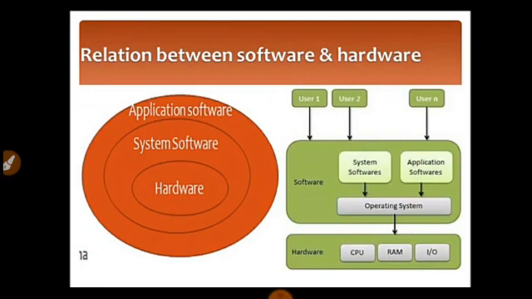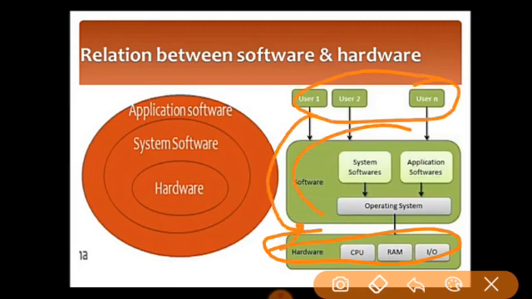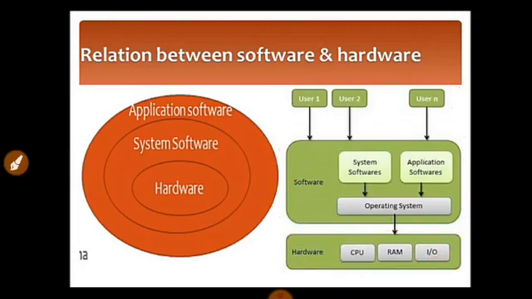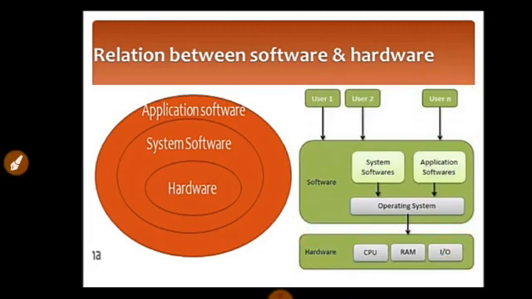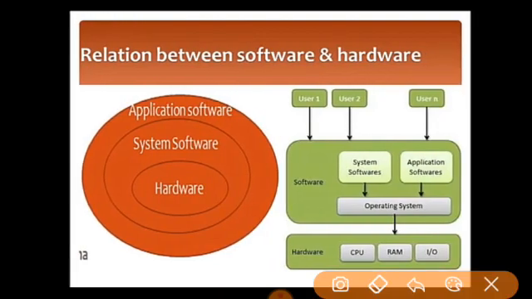How does that work? See, on the lowest level we have hardware, meaning your CPU, RAM, and input output devices, meaning mouse, keyboard, all those things. If a user is giving some command with the help of these, then we need a software which will do our work. I'm telling again, on the lowest level we have hardware, our CPU, keyboard, mouse. When we ask them to do something, that goes to the software, and software also has 2 parts, that is the system software and application software.